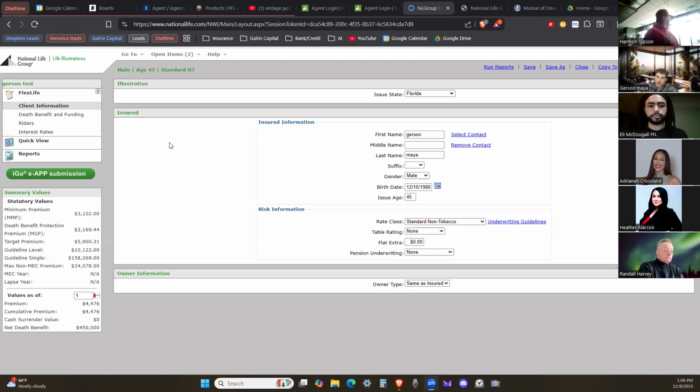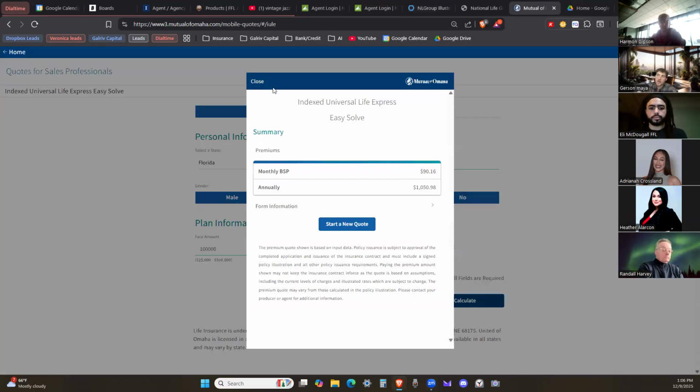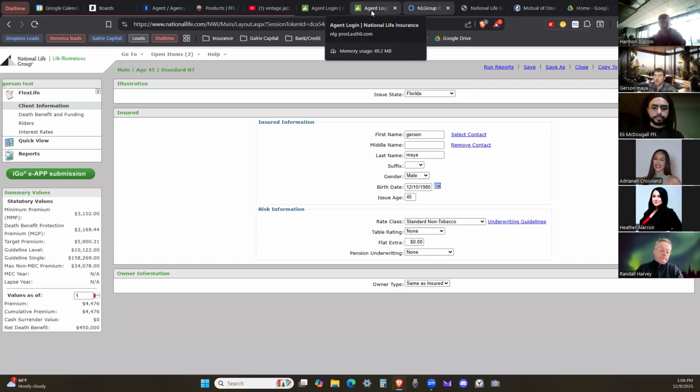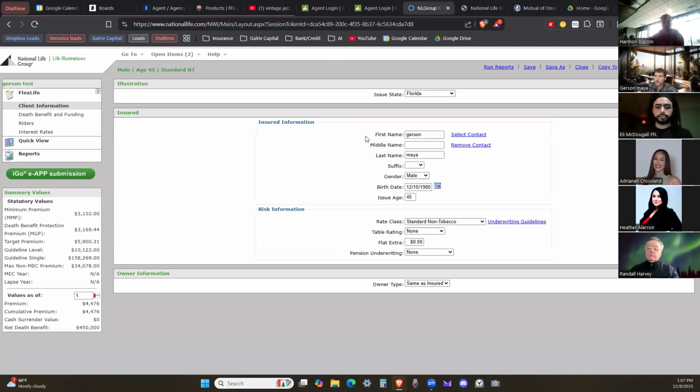There is a big negative connotation behind IULs because people sell these easy solve IULs to clients and sell them a dream of having this retirement account that builds cash value. But here's the reality: let's say a Mutual of Omaha easy solve IUL doesn't have any available cash value, any surrender value at all, till about year 5 or 7. When we structure it properly for minimum death benefit, max cash value, with something like LNG or FNG, we're going to have cash value available immediately, in year 1. So that's where the big misconception is.